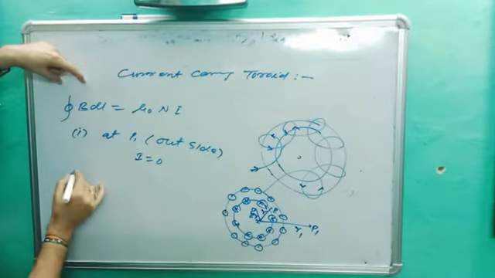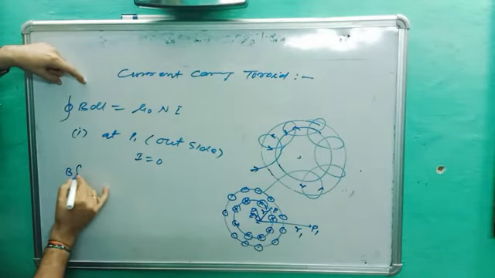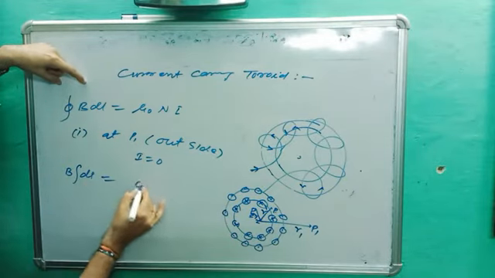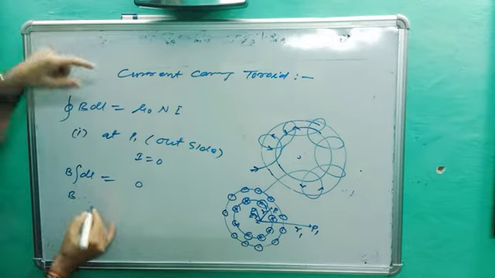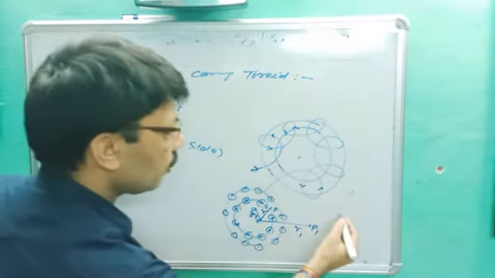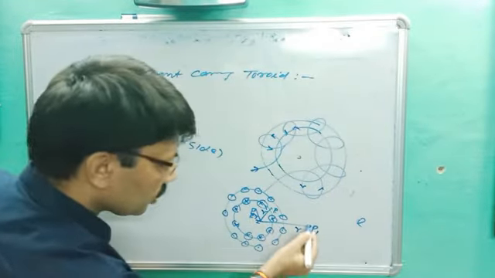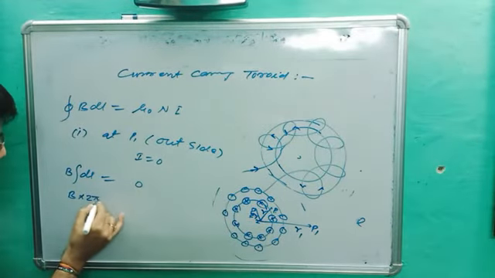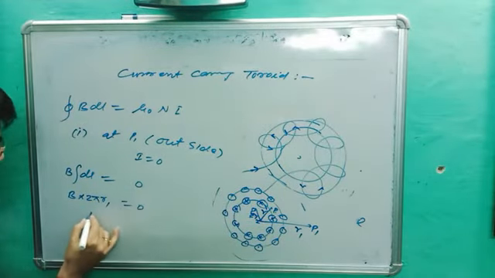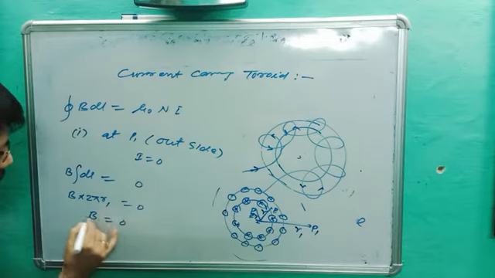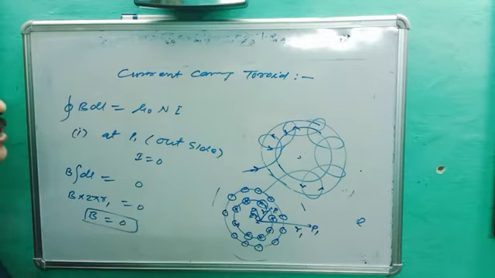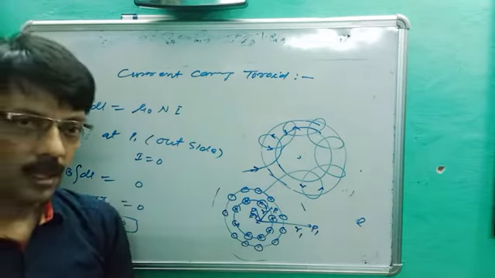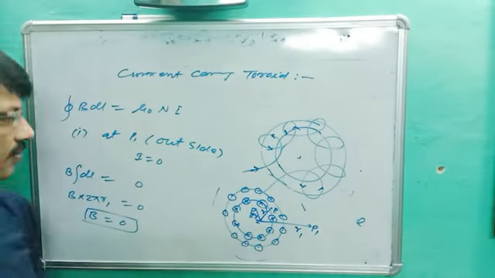So what we get here? Integration B outside dl is equal to what? 0. B, what is the value of dl? Previously we got dl is L. Here, since dl is like this, the value of dl is 2 pi r1 is equal to 0. So B is equal to 0. So outside the toroid, magnetic field will be 0. Are you getting the point? Outside the toroid, magnetic field is 0.